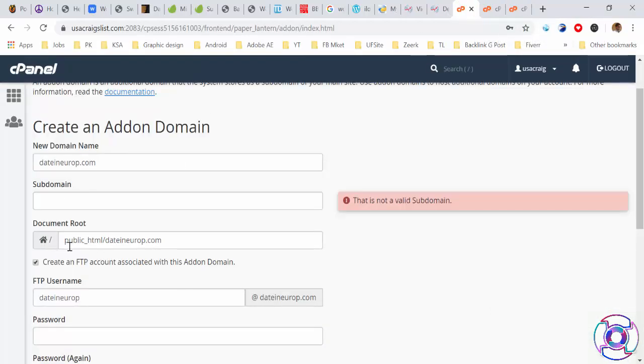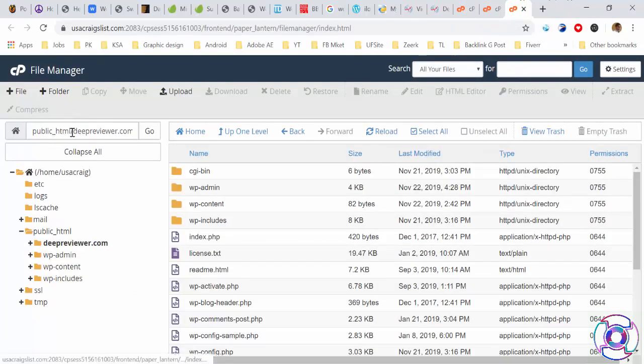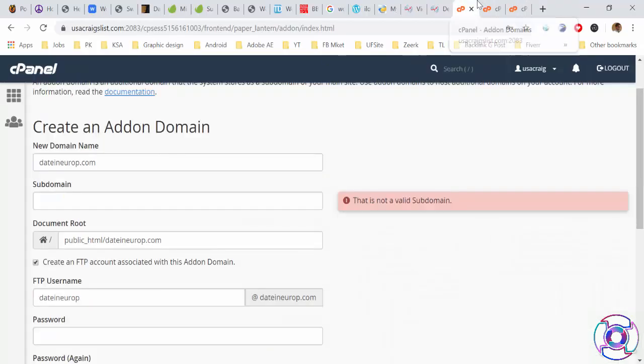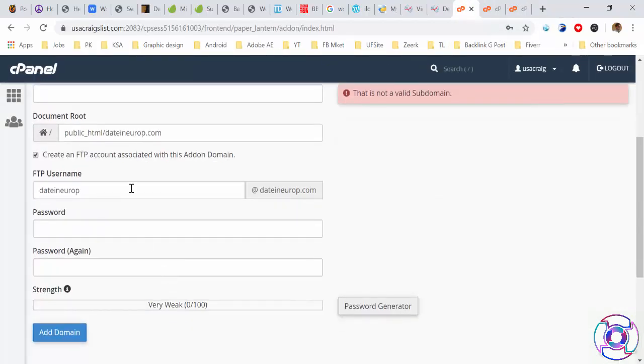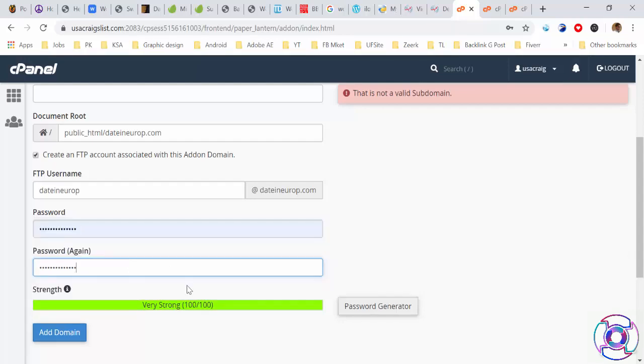You guys can see here our public HTML. The FTP name is the same, dateineurope, then the password and username you can choose the same. I can copy and paste this password again here. The password does not match, so I need to copy my password from the database. So I have pasted it, then I'm going to click on add domain.